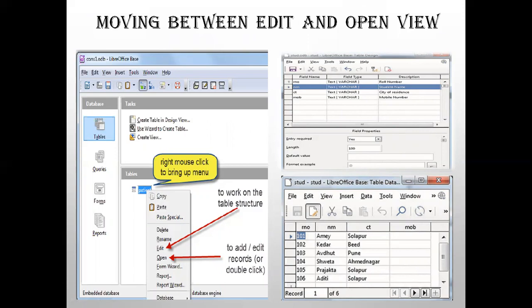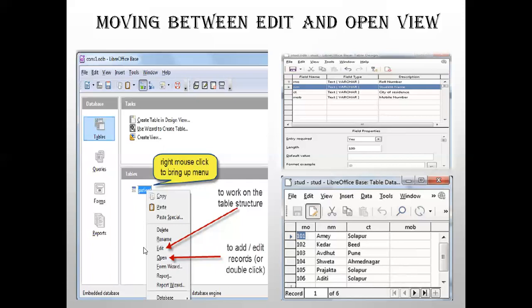So the table edit view or the design view allows you to create the structure of the table with the field names and the data types. And here you are adding, deleting records or changing something. This is in the open view. So both these views are to be used by the user according to the need. To do this, from the database window, here your table will be saved. From this window, in the left pane, you have to select tables. Then in the right pane, right click on the table which you created, not a new one. Right click on this, it will allow you to edit.